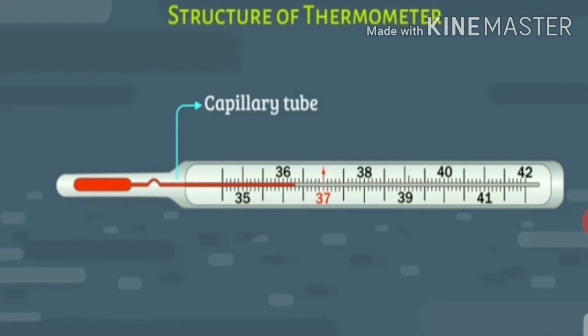Now students, what is the function of the kink? Why is it given in the clinical thermometer? There is a constriction or kink in the tube near the bulb. This kink has been made to ensure that the mercury in the thermometer does not contract and flow back into the bulb before the temperature has been read. Contract means to shrink.